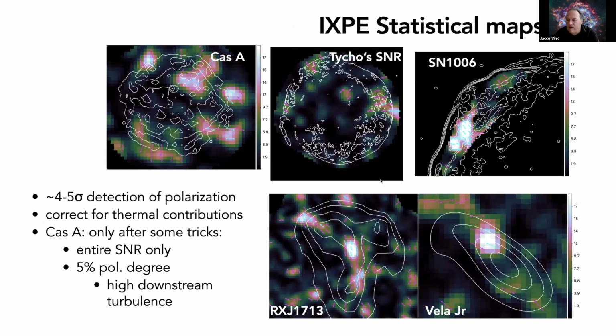One technique that we tried often, not always published, but behind the scenes, is using smoothing techniques to see where we have polarization. And here I show the smoothing maps. And it's actually a very good method to see where the highest polarization degrees are. So here you see everything above 2 sigma has now radial magnetic field vectors here. And indeed you see consistently here it's tangential in all those points. Even if we do individual pixels, it's tangential or it's radial in the Tycho, in 1006 is radial, but here we see tangential magnetic fields for RSJ-7013 and Villa Junior.